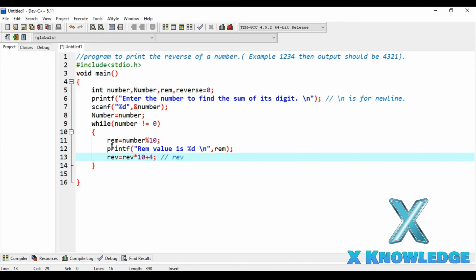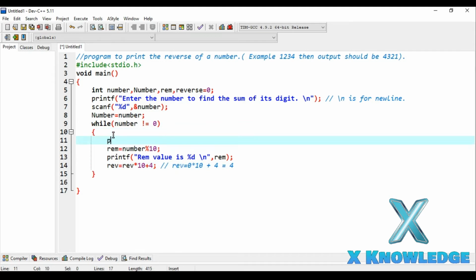Rev value is 0, so 0 into 10 is 0, and plus 4 is equal to 4. So what happened out here is that in the first iteration, the rev value is 0, so 0 multiplied by 10 is equal to 0, and 0 plus 4 is equal to 4. So the rev value is 4 in the first iteration.